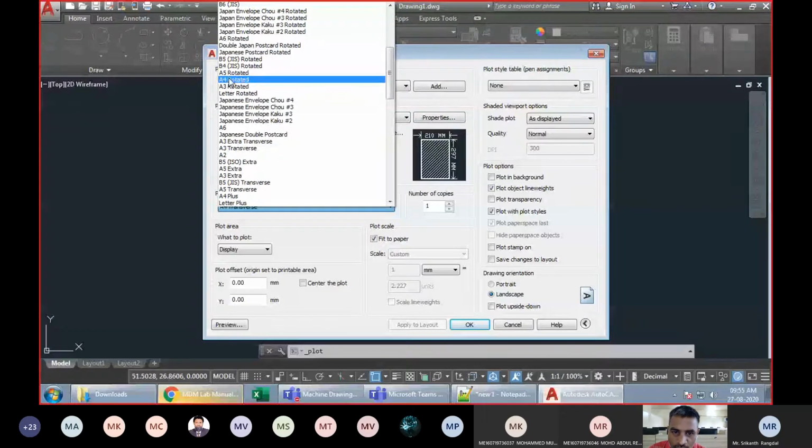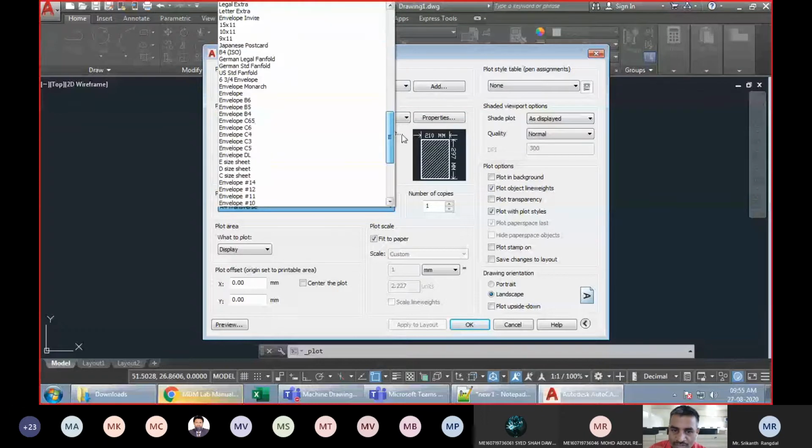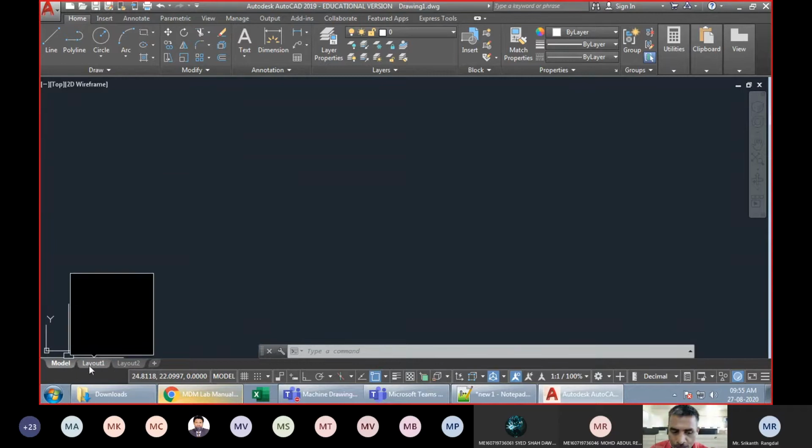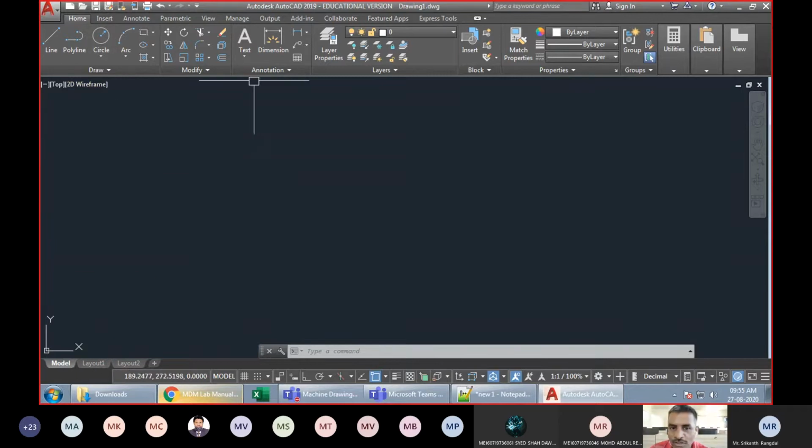They may be distributed here. So A4, A3, A5, you can see most of these options are here. A2, fine. So these are the sheet sizes in which the standard papers are available. So we can take the print of whatever diagram we make on that sheet. So these two are clear, I hope. So command line is clear, and the ribbons are clear.